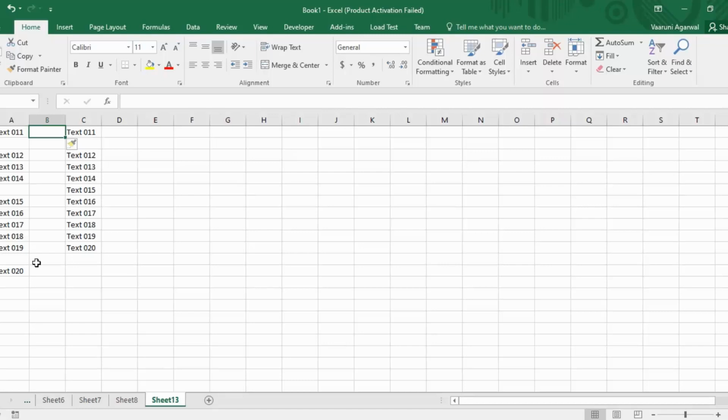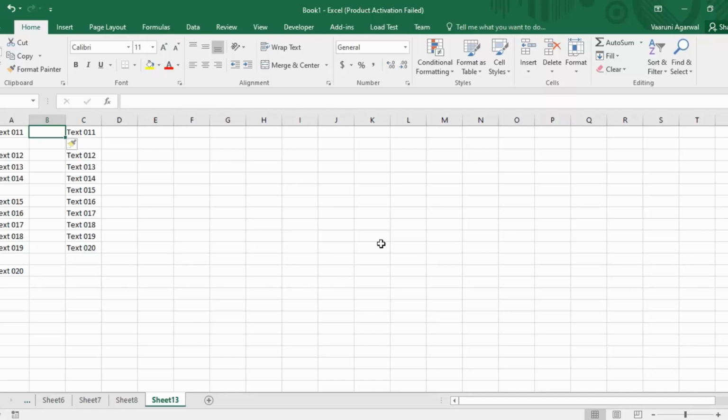Now if you have noticed one thing, this shifting of the cells is completely opposite to what we encountered in the case of Delete Cells. When we deleted the cells in a row-wise fashion, the data used to shift upwards, and when we deleted them in a column-wise fashion, the data used to shift towards the left side. So from here we can make out that yes, the Insert Cells feature is the complete opposite of the Delete Cells feature. So that was about how we can insert the cells.